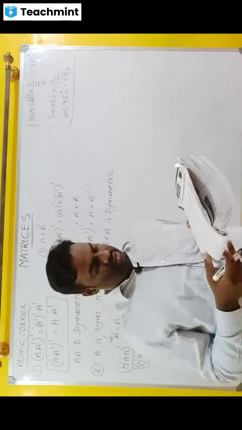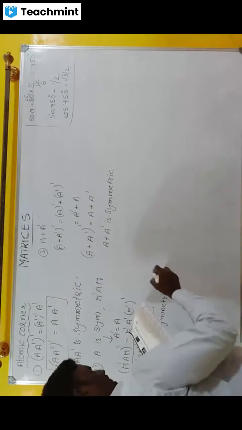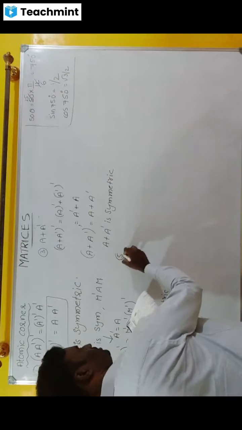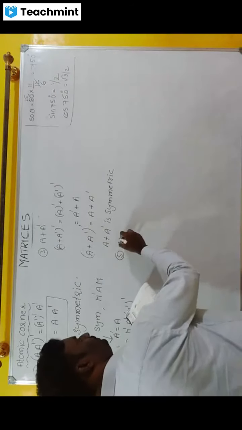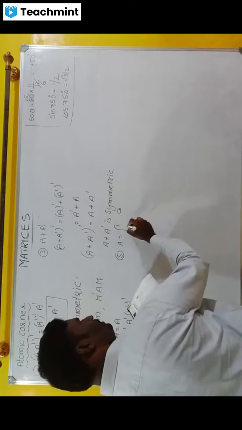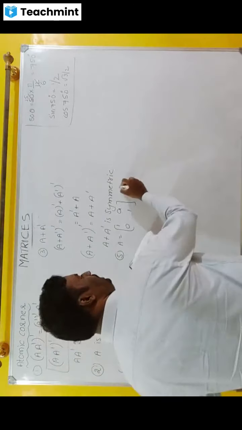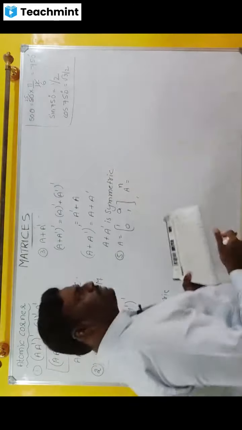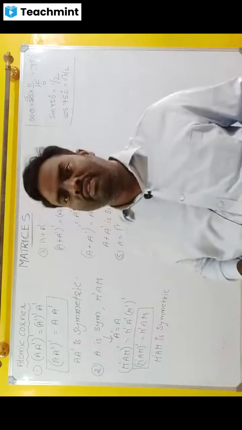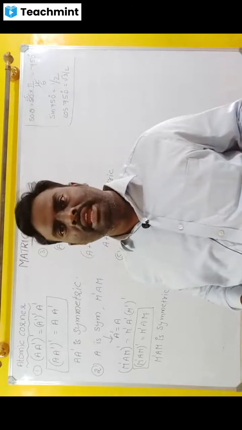And one more thing. Sixth question. First we'll discuss the fifth question, sorry. A equals 1, A, 0, 1. Then we need to find A power n. Such types of questions, A power n we can't find directly. First we will find A square. Next we will find A cube. From that we can discuss A power n.